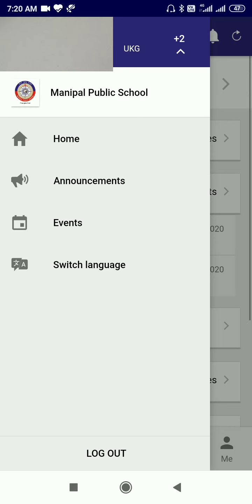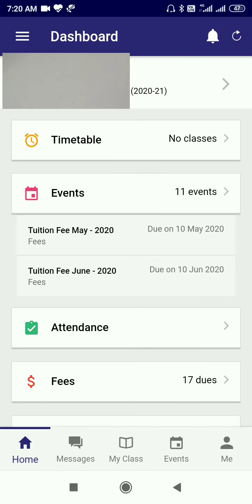From here also you can see announcements, events. The same thing is there inside, right? So we can see from there also. Now here, first, on the top right corner is a notification bell.